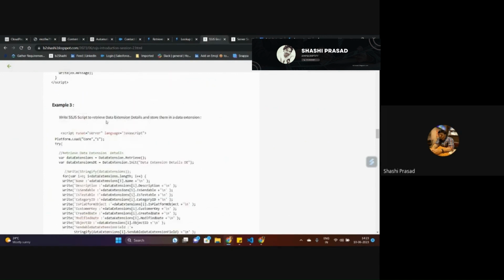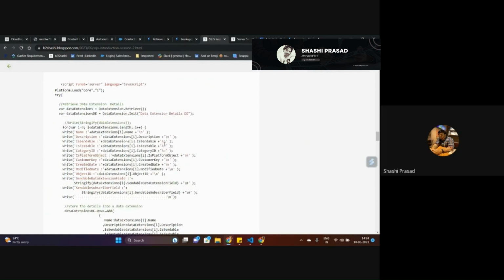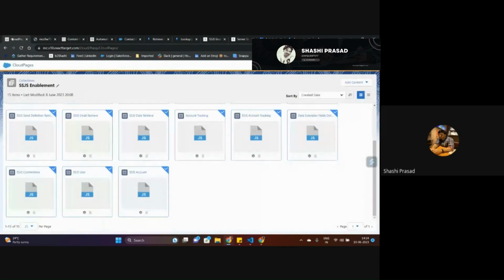Now, the second one is: write an SSJS script to retrieve data extension details and store them into a data extension. So I'm trying to fetch what all data extensions I have in my Marketing Cloud in this particular business unit. What are those data extensions? Is it sendable? Is it testable? If it is sendable, which field are we using to make it a sendable data extension? For all these details,